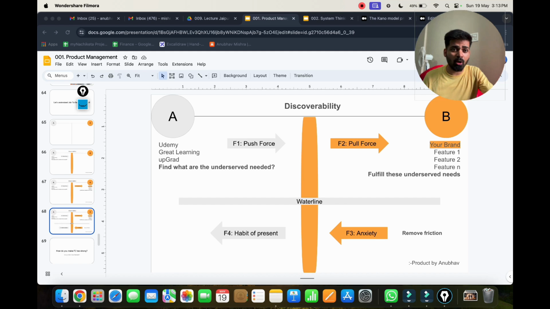So just to do a small revision, what did we study today? We studied systems thinking, which is about understanding the system, changing the system, milk to curd to ice cream to anything else. Then we studied jobs to be done: what is the job that needs to be done to fix the problem? We studied it through the example of MACD. And then we studied the Kano model, which is a very famous framework which talks about must-have features, performance, then delighter. Finally we came back to the jobs to be done framework, wherein we related all these three concepts to understand how you can build your own brand and how you can build a new feature or a new product for your company.